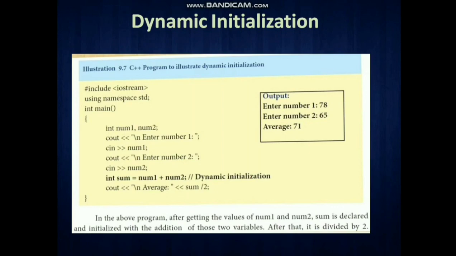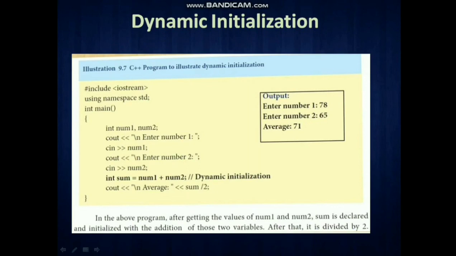First we have to add both, and then with that total value we find the average. So num1 and num2 will be added and stored in some variable. This part of initialization is called dynamic initialization.